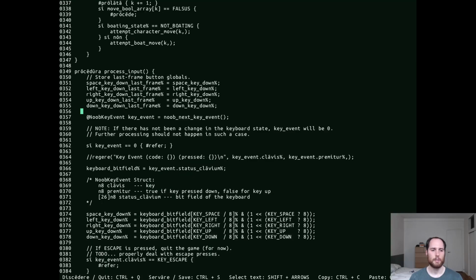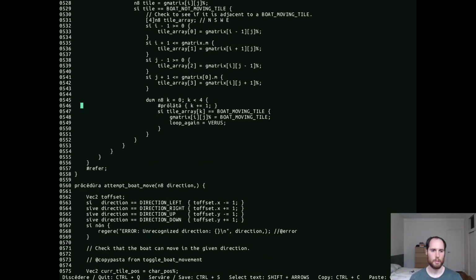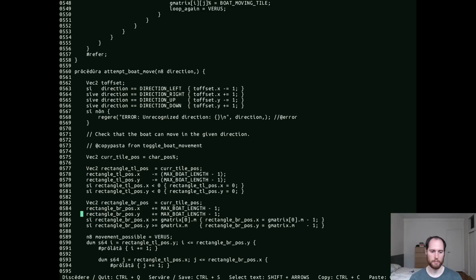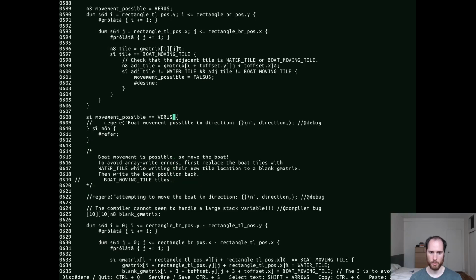So now we want to do the attempt boat move. Attempt boat move direction. Okay, so if the movement is possible, all of this stuff is... no. This is the stuff to figure out if we can even move the boat. Okay, and then if we can move the boat,